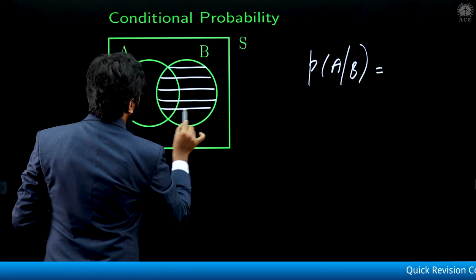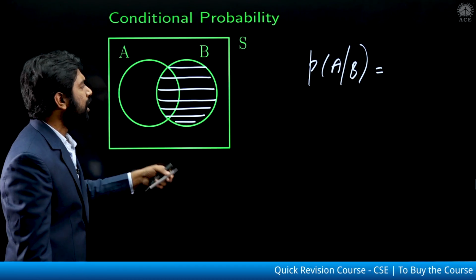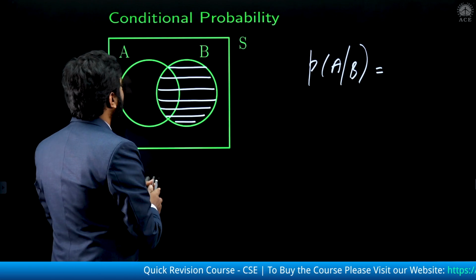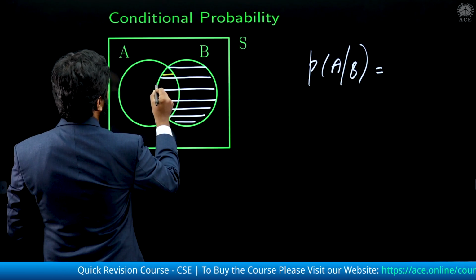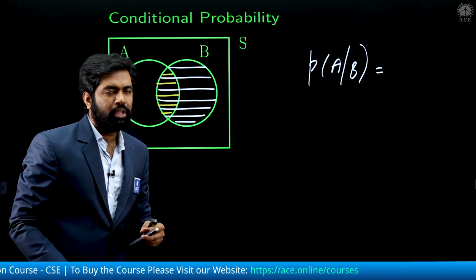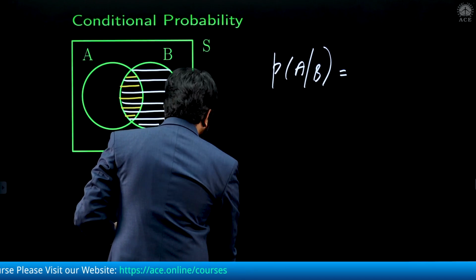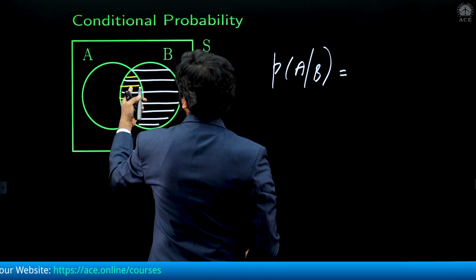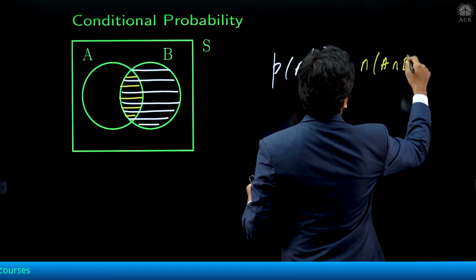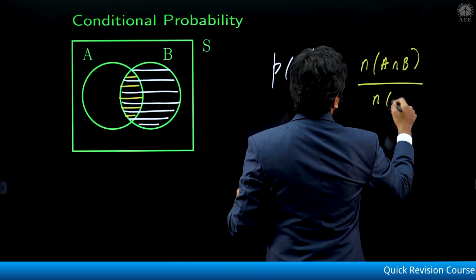Whatever outcomes you get, you are going to get only from this set now. In addition to that, they're asking what's the probability of A. If A has to occur, it has to be from this shaded part. Now, what is this shaded part? It is A intersection B. So how do you find this particular probability? I have to count the number of points in this set, that is n of A intersection B, and then the number of points in the reduced sample space, that is n of B.